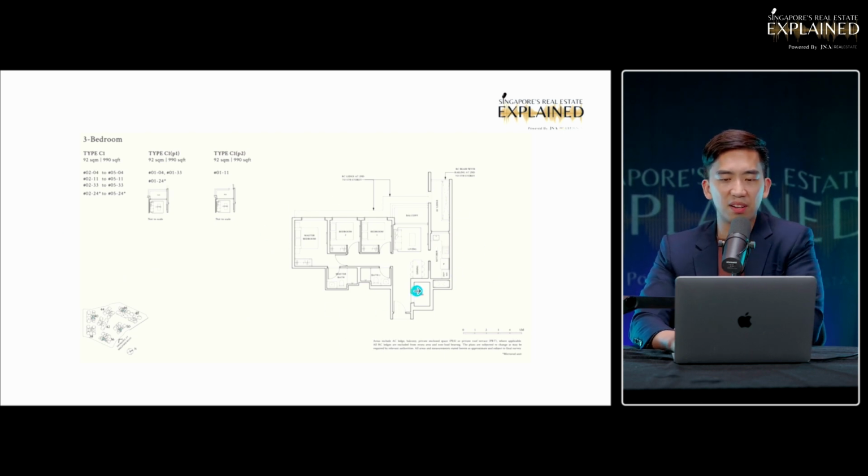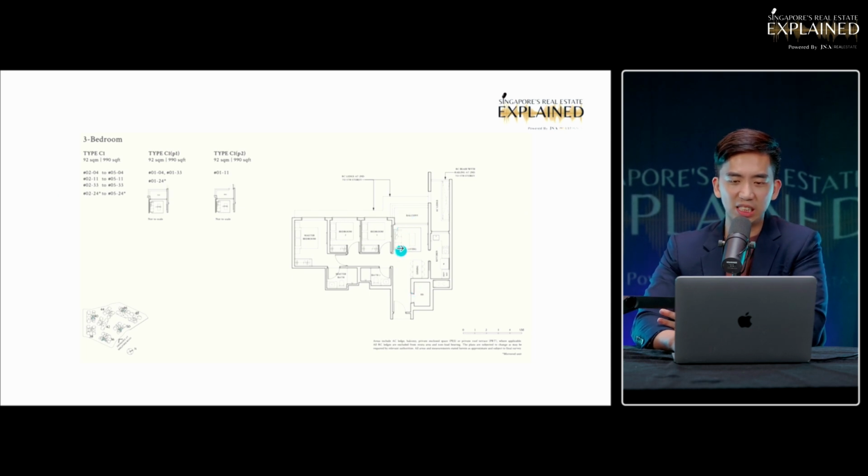Living area, very compact, very efficient size, not very big, 3-seater. We have a TV, just barely able to fit a 4 or even 6-seater dining area over here. But they come with storerooms too, which is squeezed in over here. So it's a very efficient usage of space, because usually for a lot of 3-bedders of this size, they may end up doing